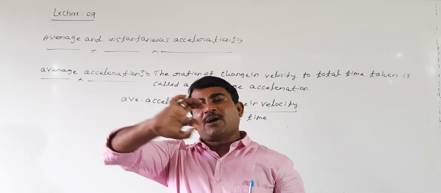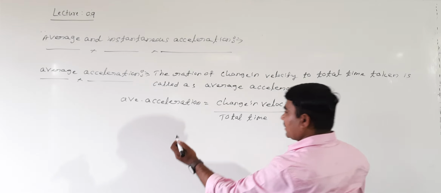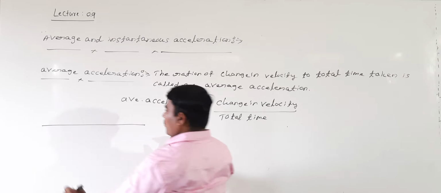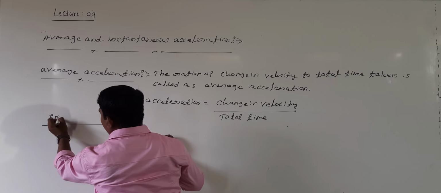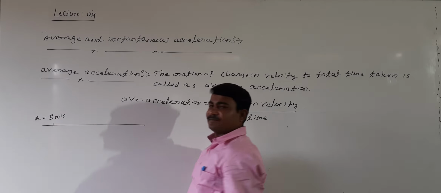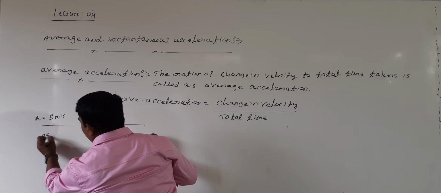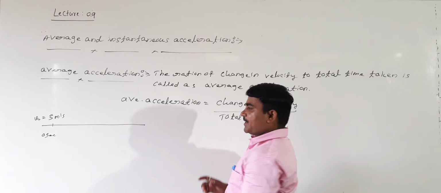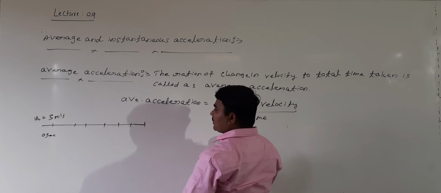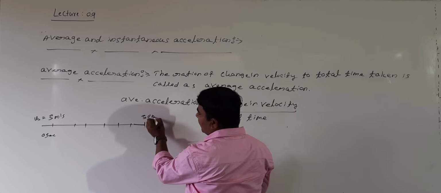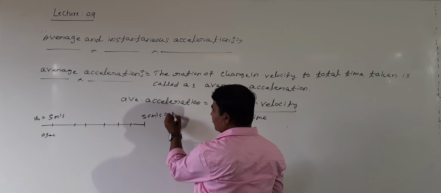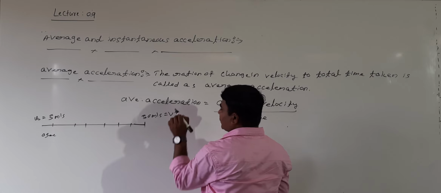How to take an example for average acceleration? Again, let us take a car moving along a straight line on the highway. The car is moving like this, right? Here velocity may be 5 meters per second. That we are calling initial velocity, V0, at the time 0 seconds. Here also velocity, and here also velocity. Here the velocity may be 50 meters per second. Shall I take this velocity as the final velocity? This value is nothing but v dash.